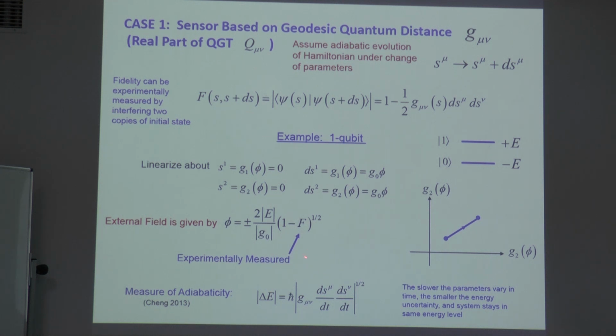How quickly? You have to move them slowly, because if you move them too fast, there's a measure of adiabaticity. Delta E is the gap between upper and lower states. If this quantity is small, where this is the velocity of the motion of the parameters, this quantity has to be small in order for this whole thing to hang together. So the slower the parameters vary, the smaller the energy uncertainty, and the system stays in the same energy level